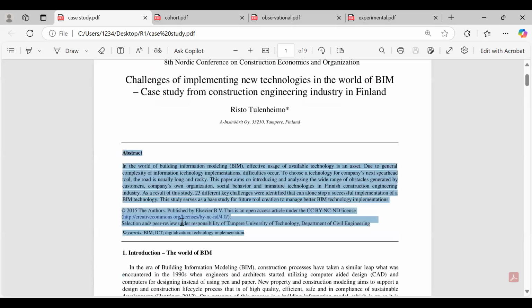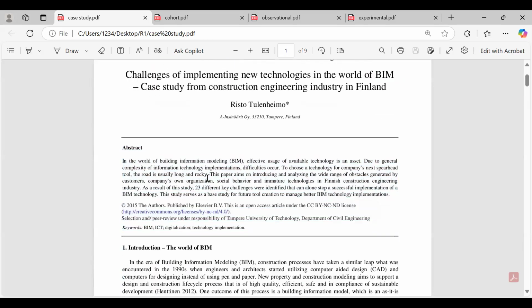I will find a good research paper and upload it on LMS. So read the paper and try to develop a small abstract, including the aim and the purpose, the major findings, and a very brief conclusion, right? Try to develop a conclusion for that paper. So I will share these materials as well.